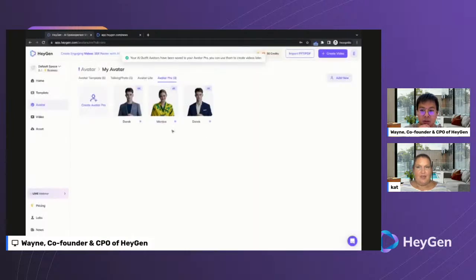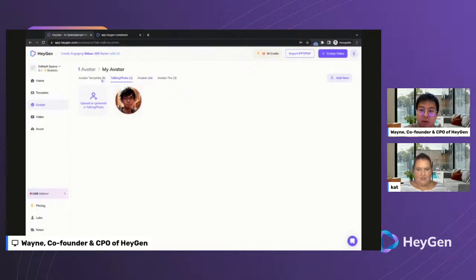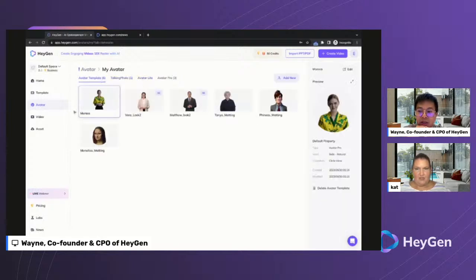Right, back to the question. We have lots of technology on the avatar itself. We also have lots of AI technology for the other elements of the video. For example, the voice, which I mentioned, like voice cloning. And you might have noticed that we have a labs feature here, and this part is where we collect all the other AI abilities that are either being prototyped or being played with or ready to serve